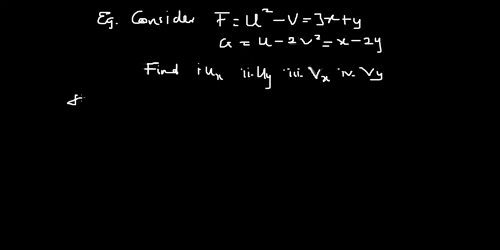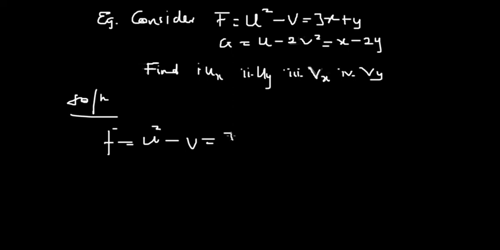So first things first. You notice that this has been written in this form, so all you have to do is just write this form in respect to their derivatives, so that once trying to solve it, it becomes simpler for you to solve. So now let's look at how we do that. Let's start from f. So you know that f is equal to u squared minus